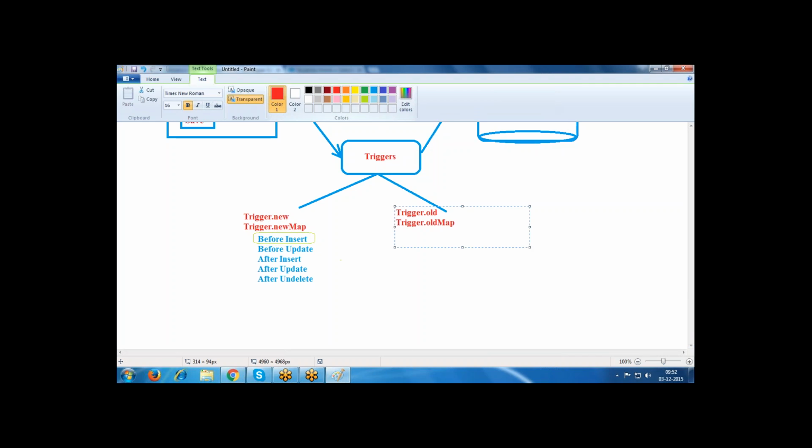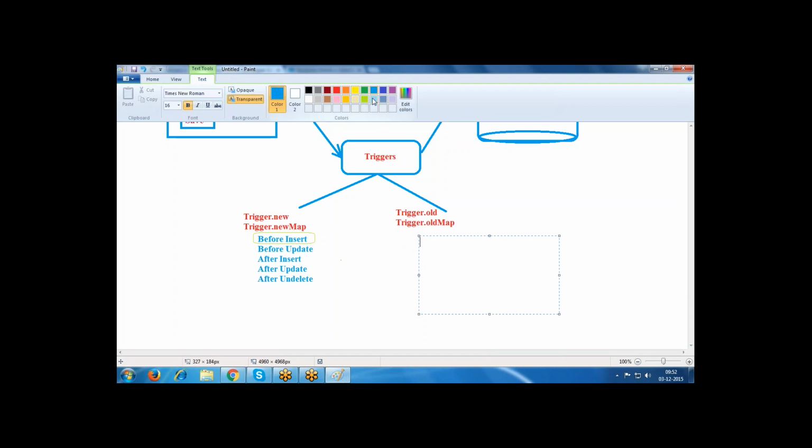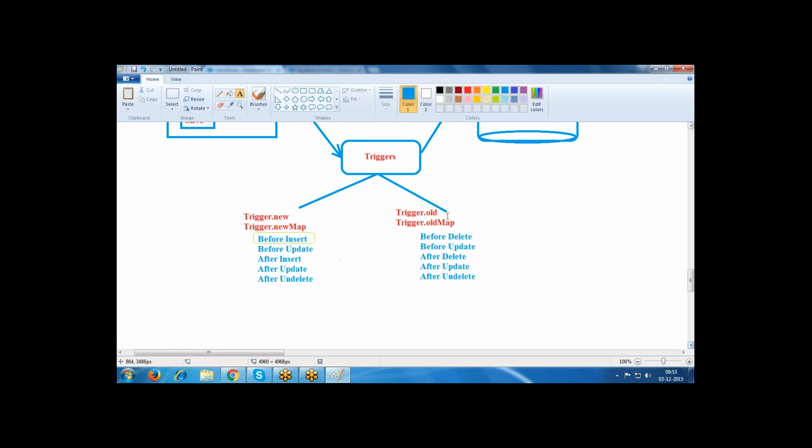These are used if you are performing operations like before delete, before update, after delete, after update, after undelete. Whenever you use this type of events, trigger.old is storing the records.